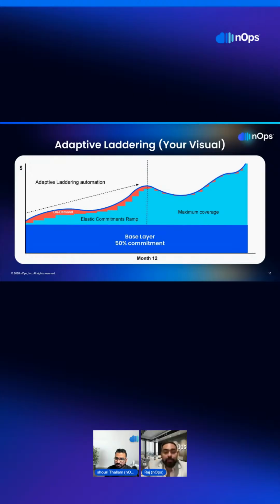You ladder commitments gradually. And what's laddering is nothing but, I don't mean we will just buy smaller chunks like $1.50 database savings plans of $1. No. What I mean is measuring the true baseline over time, excluding any migration or edge cases or any noise, separating elastic versus durable usage. What else? Aligning expirations monthly instead of annually, right?